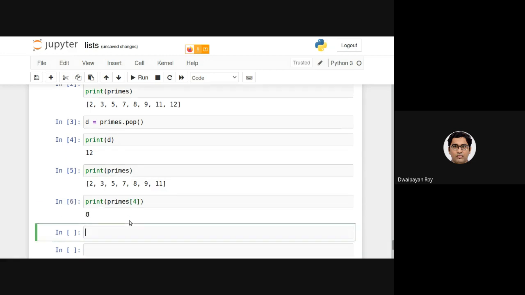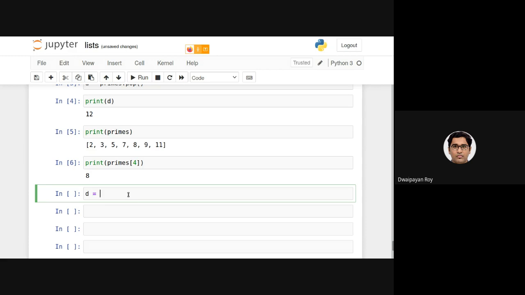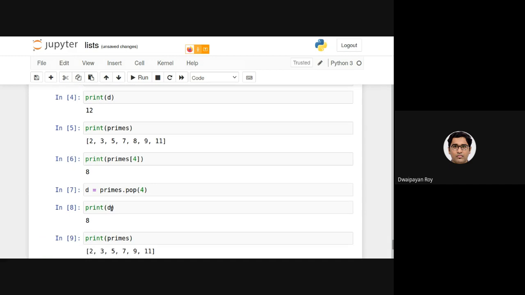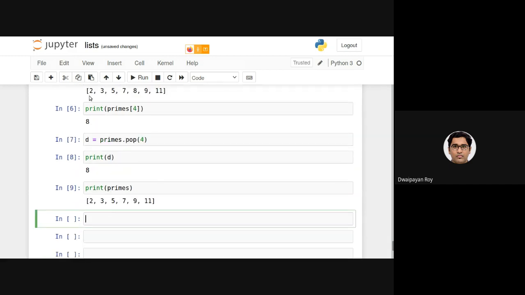If I want to delete 8, let's declare d equals primes dot pop, and then we provide the corresponding position. If I execute this and print d, it will be 8. So it is deleting the item at the 4th location and returning that item. As you can see, earlier the list contained 2, 3, 5, 7, 8, 9, 11.